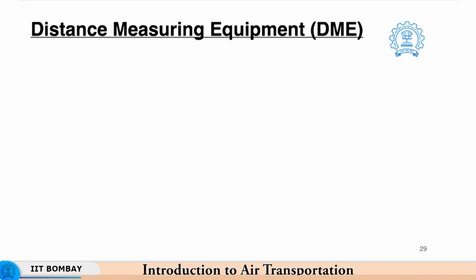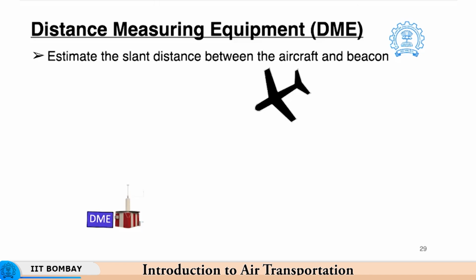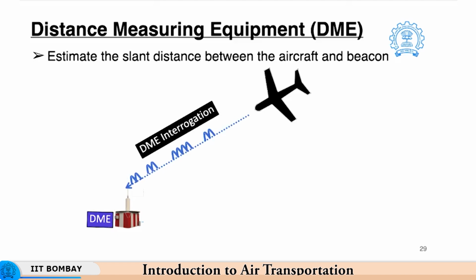One of the most important navigation aids that is used by pilots across the globe to carry out navigation is called the distance measuring equipment. This equipment is basically used to estimate the slant distance between the aircraft and the beacon. This navigation involves two systems, the DME ground station and the aircraft. The aircraft will send a DME interrogation signal to the ground station. Based on the receipt of this signal, the ground station will send a response signal which is called the DME